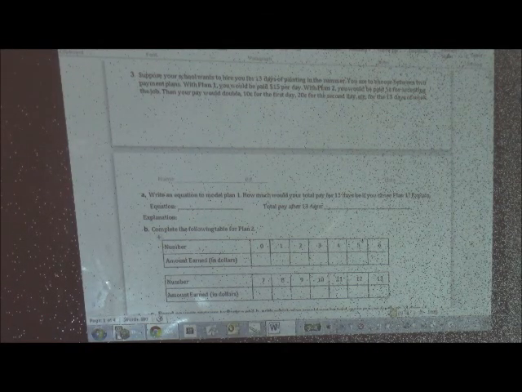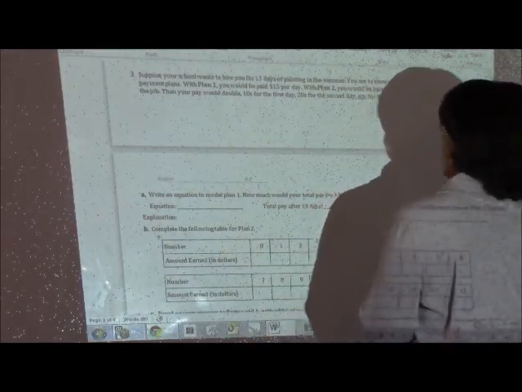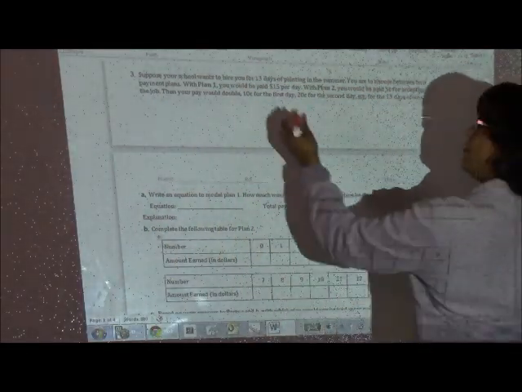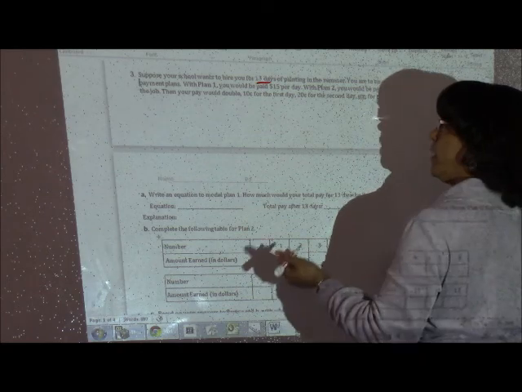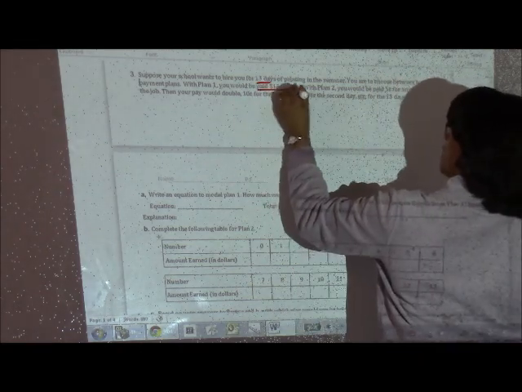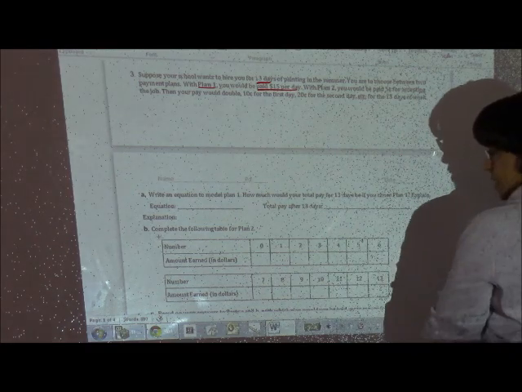So now we're going to go over number 3. For number 3, suppose your school wants to hire you for 13 days of painting in the summer. So you're getting hired for 13 days for painting. You are to choose between two payment plans. With plan 1, you'll be paid $15 per day. So that's plan 1. And with plan 2,